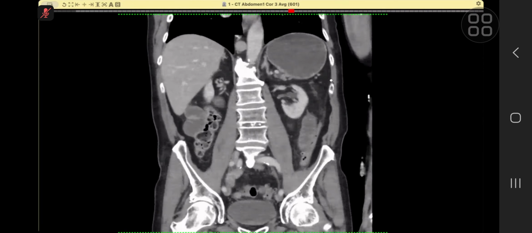If you can see my mouse, in comparison of this segment with the rest of the segments, I can see that there is a long segment of transverse wall thickening, and I can see that there are multiple gas foci noted within the lumen, which could represent a feces sign that is usually seen before the